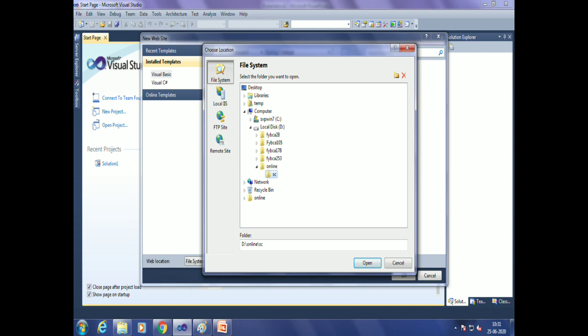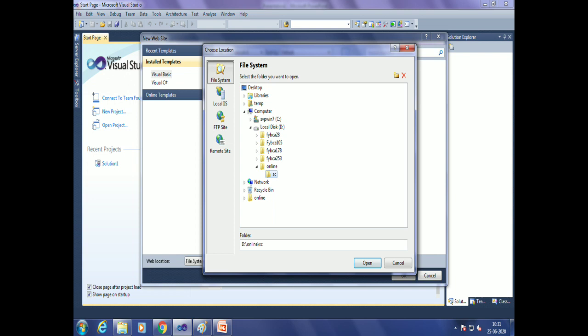Now I want to save my website within D drive online folder. Look at, I explore D drive, and within D drive I have one folder with name online. Within online, I want to create one folder with name SC, in which I want to save all the pages of the website. Is it clear?